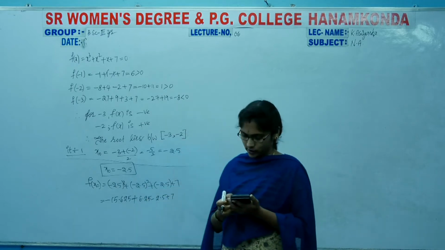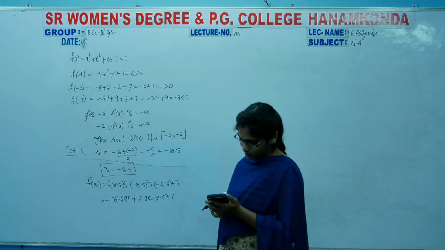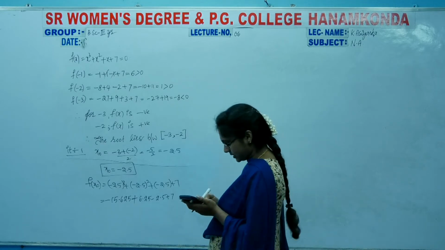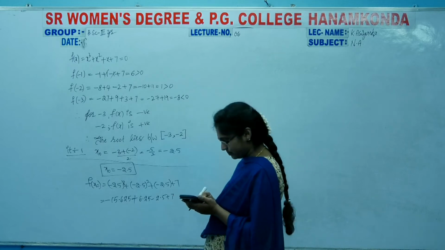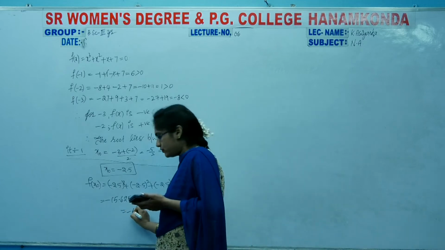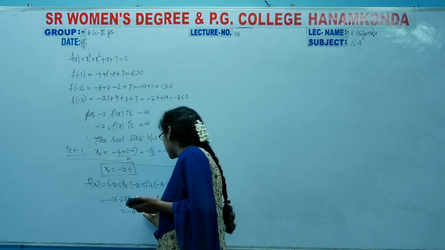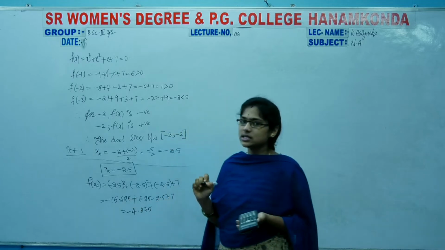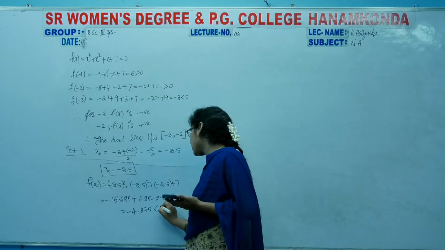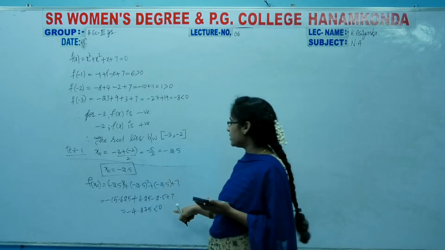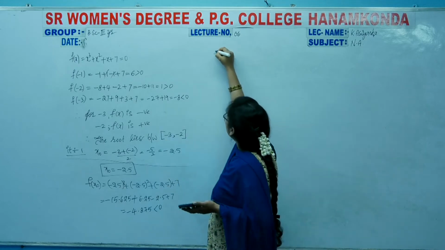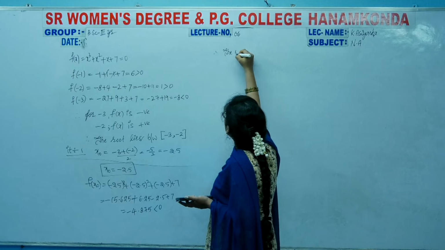Now orally I am going to do this one: minus 15.625 plus 6.25 minus 2.5 plus 7. The answer is minus 4.875. This is the value. And here f of x naught is this one, it is nothing but negative. So negative means what we have to do? We have to ignore the previous one. Therefore, the root lies between